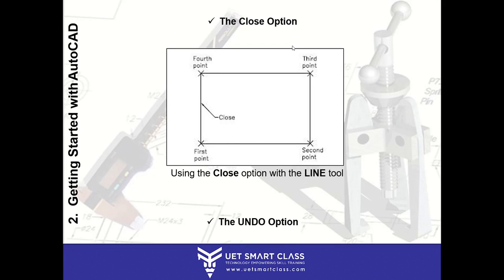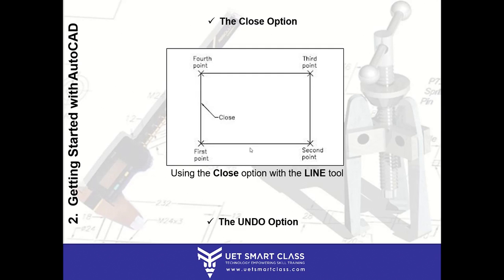Now, there is one Close option to close your line after pointing the first point, second point, third point, and after your fourth point. The fifth point will again be the first point. So rather than taking the fifth point, you can right click on your screen, and there will be a shortcut menu. From there you can click on Close to close your rectangle. I would say you close your line, so it will appear as a rectangle in front of you.